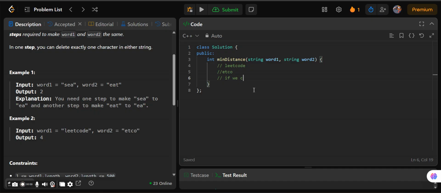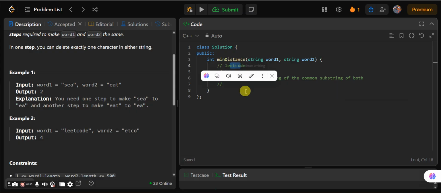Now if we find the maximum length of the common substring of both, like in "leetcode" and "etco", we have "etco" in "leetcode".